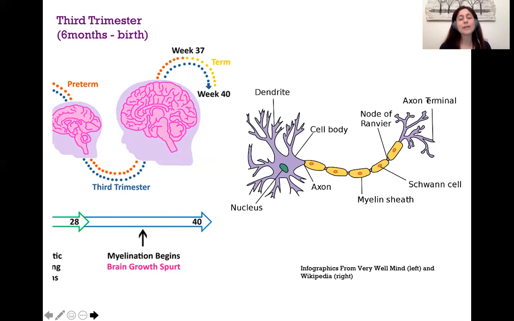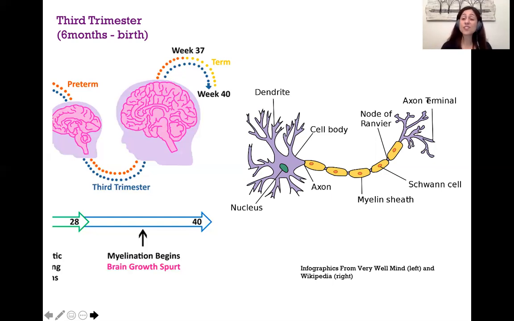Another important thing that's happening during this stage is myelination. This basically involves a brain cell wrapping the axons of neurons with a substance called myelin, which allows messages to travel down the length of the axon to neurons so that they can communicate with each other more quickly. Basically, what's happening, if you look at the graphic there, is that the myelin sheath is covering the axon, and this speeds the rate at which messages pass between the different neurons. So it makes you quicker at doing things. Okay? And this myelination continues to happen even in adulthood.